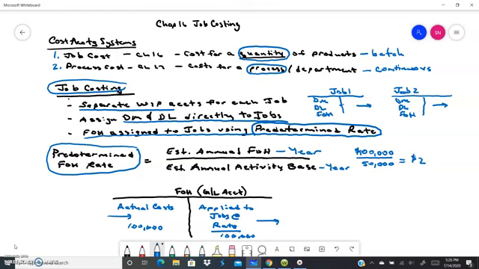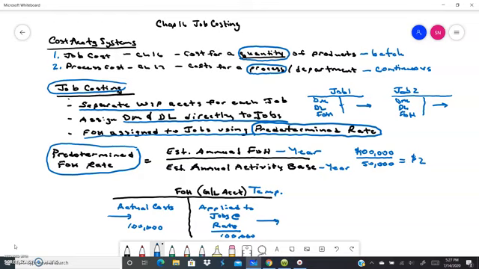Now, in reality, is actual factory overhead going to be exactly 100,000? Probably not. Are there going to be exactly 50,000 hours? Probably not. But if it's close, then hopefully we're just going to have a small balance, either debit or credit, in the factory overhead account at the end of the year. And then we would just close that out to cost of goods sold. This factory overhead account is a temporary account, and it would be closed out each year. Typically it's done by moving that balance into cost of goods sold, unless it's a very, very large balance,